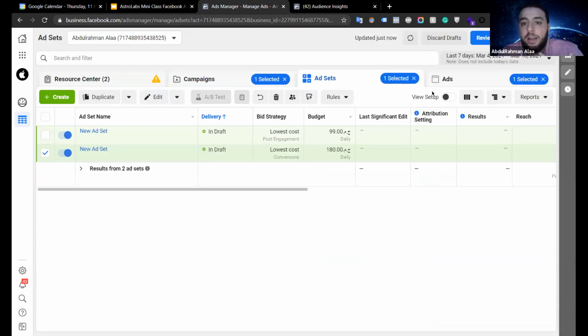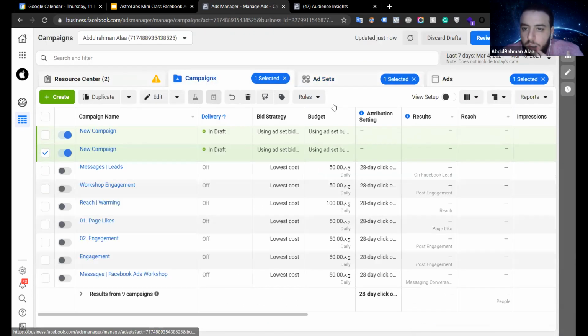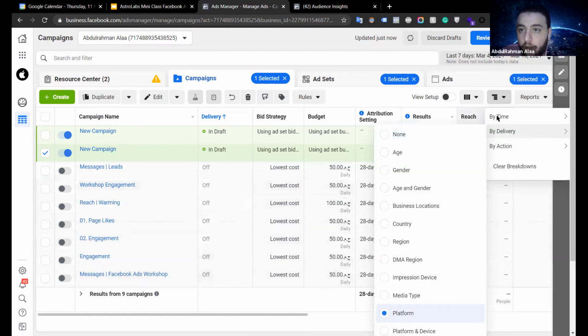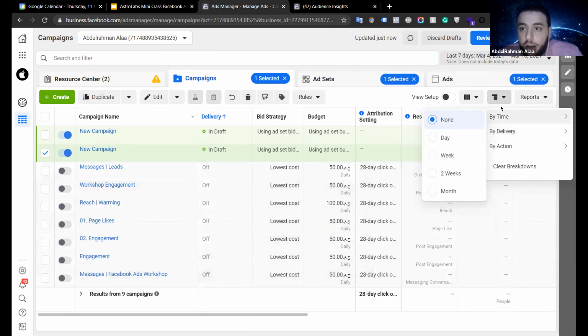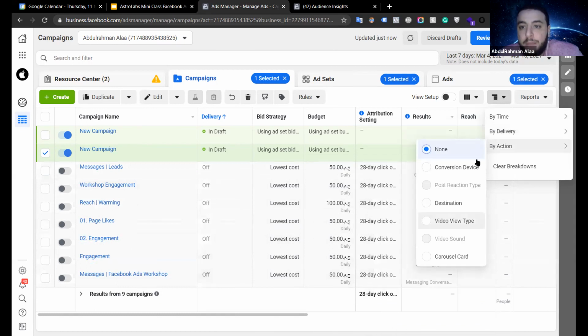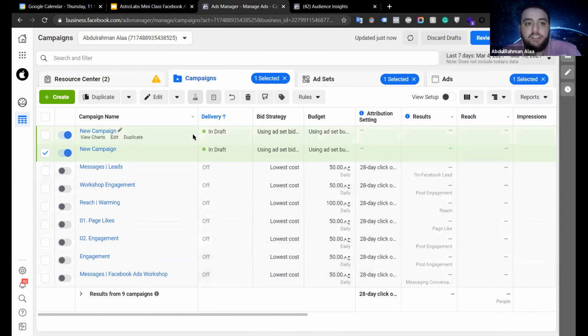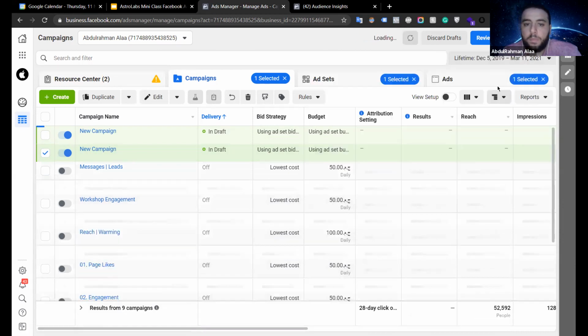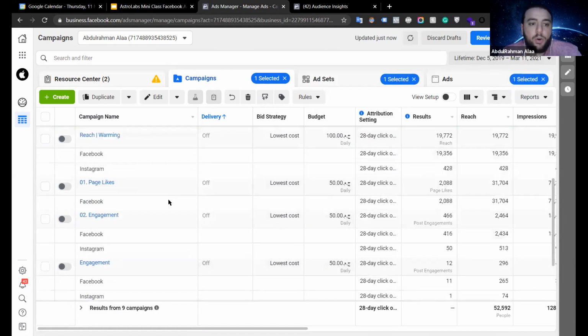After launching a campaign, you need to do this thing here, and you need to choose the platform. Go to this area and select reach by platform, and Facebook will give you the idea of which platform is performing better.